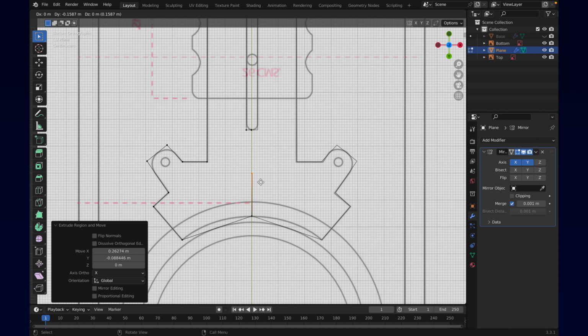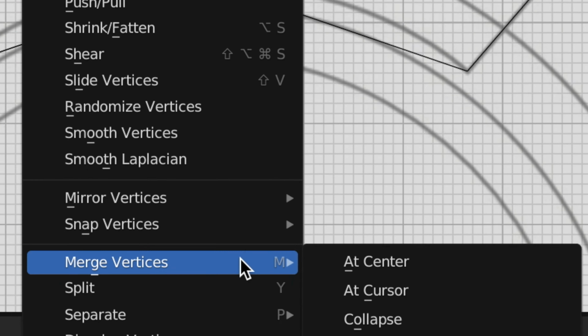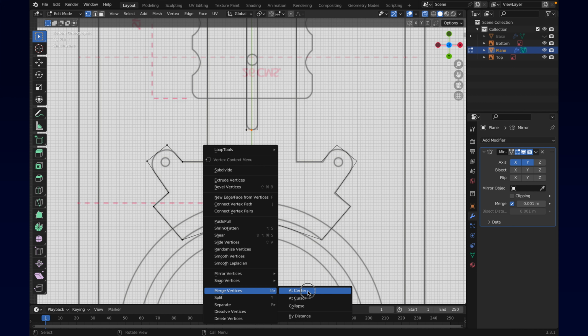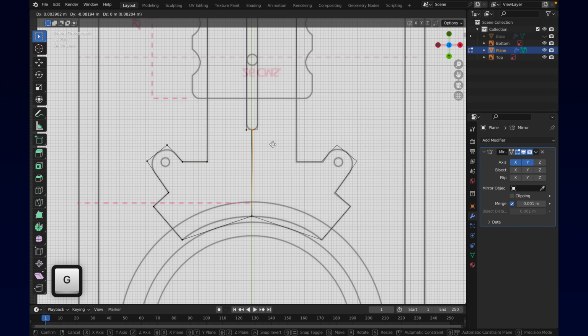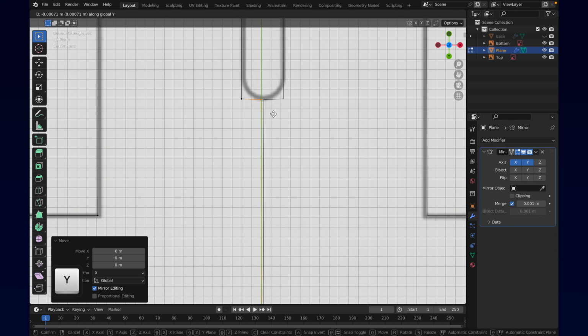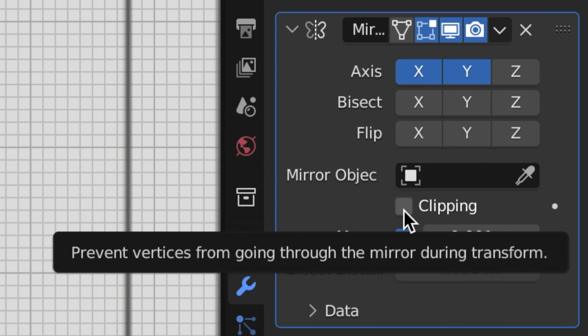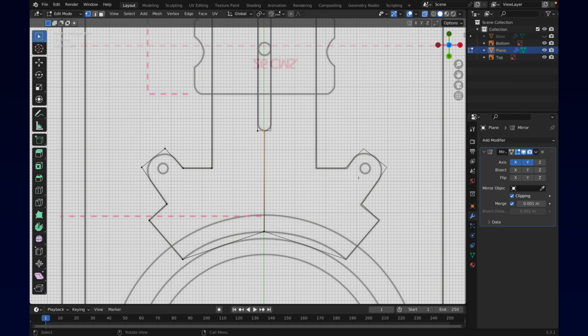And to connect these two, select these two vertices and right click, merge vertices, add center. I'm just going to move this higher. There we go. So now that we've got the general shape done, we'll switch clipping on and also add a